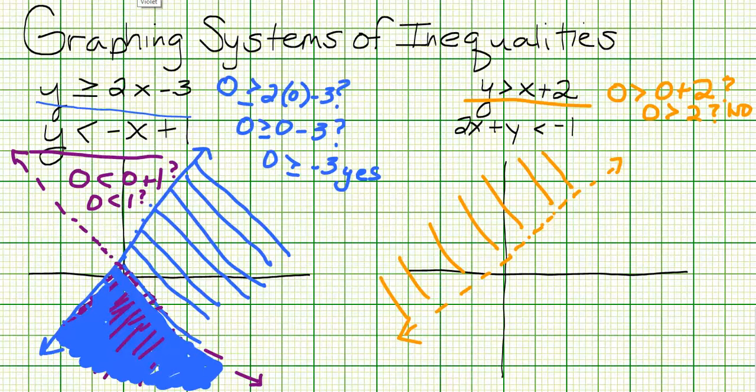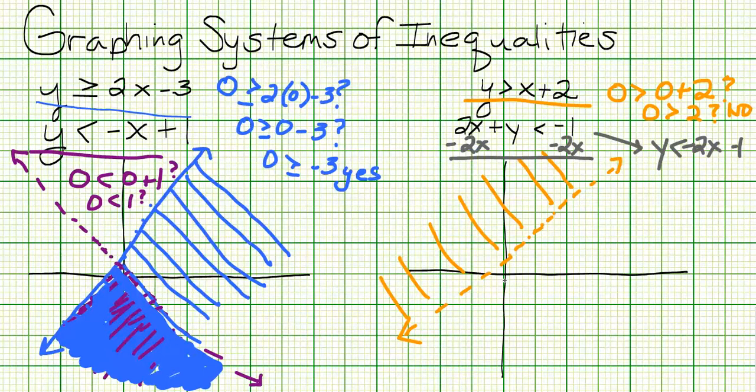Okay, for the next graph, I can't graph this one the way it is yet. I need to do a little bit of work so that I can get y alone. So the first thing I want to do is subtract 2x from both sides. You can't make your graph until y is by itself. So when I subtract 2x from both sides, that gives me just y on the left side of the inequality and negative 2x minus 1 on the right. So that's going to help me graph this